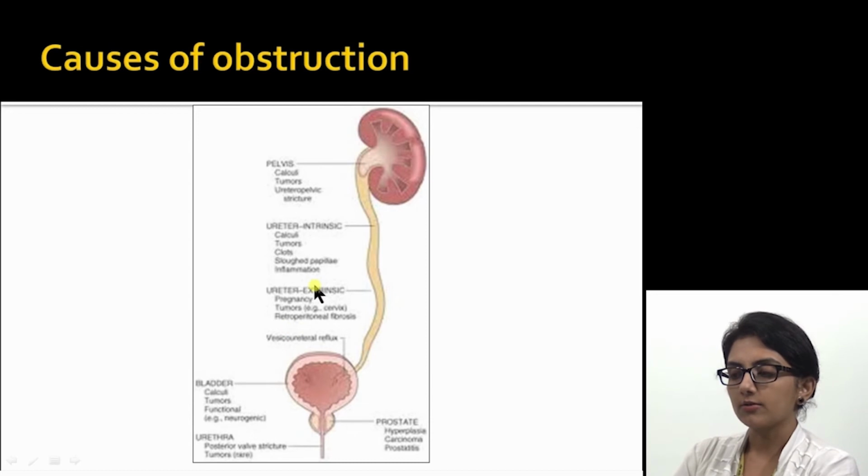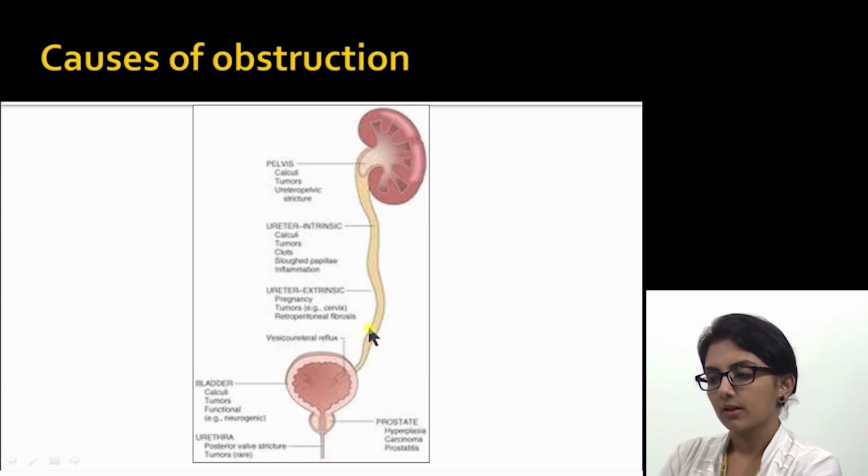If we look at the ureter, it can have intrinsic as well as extrinsic causes. Extrinsic causes could be, for example, the physiological state of pregnancy, where you have an enlarged uterus which is pressing on the ureter. Tumors, particularly cervical cancers, or retroperitoneal fibrosis, which can entrap both the ureters and result in obstruction. Various intrinsic causes would include calculi, tumors, blood clots, sloughed papillae in cases of papillary necrosis and inflammation. And if we go up in the pelvis, large stones, tumors or strictures, PUJ or pelviureteric strictures, can result in